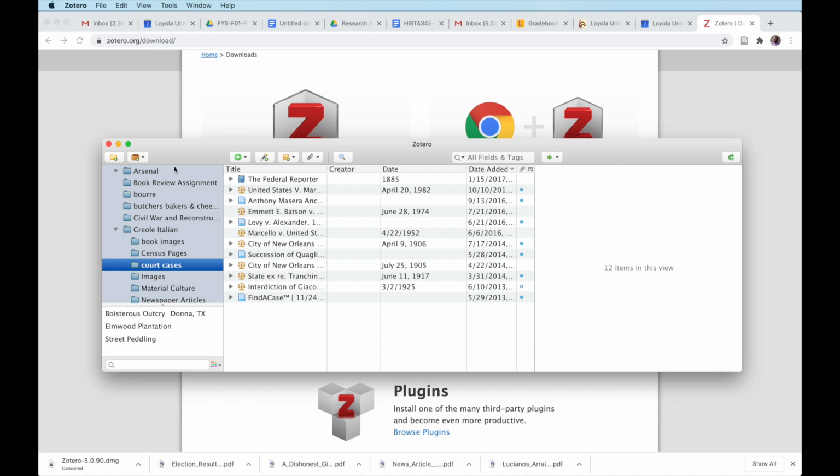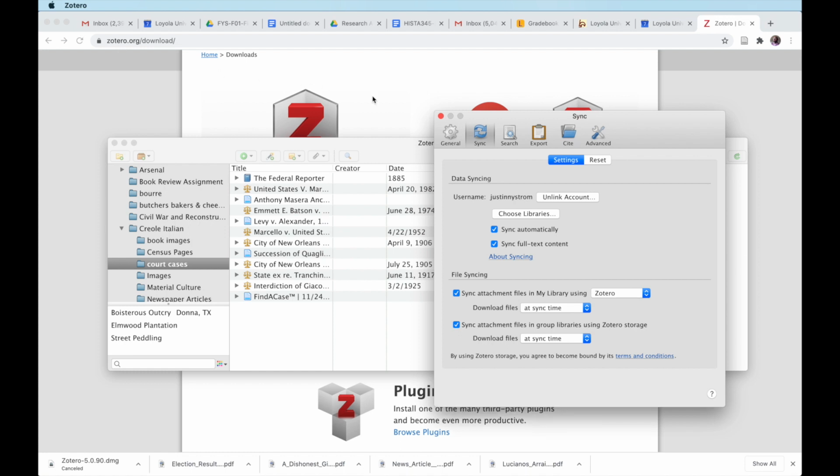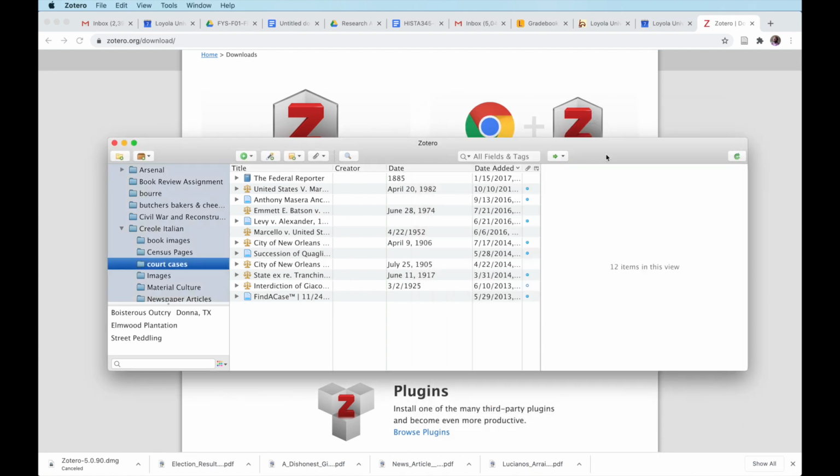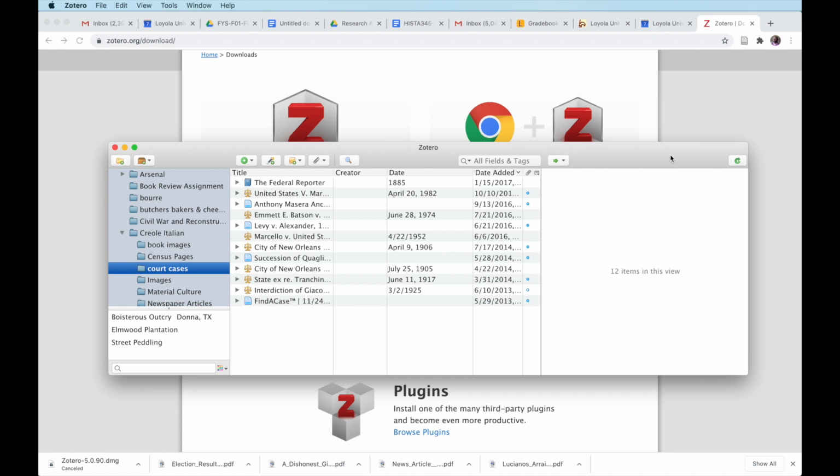Now, once you've downloaded the Zotero standalone app, one of the first things I want you to do is go up to Zotero Preferences. All right. Now, you want to click on the Synchronization tab. And what this does is you are going to go in and put in your username and your password. And what this does is it enables your standalone application to synchronize with your database in the cloud,